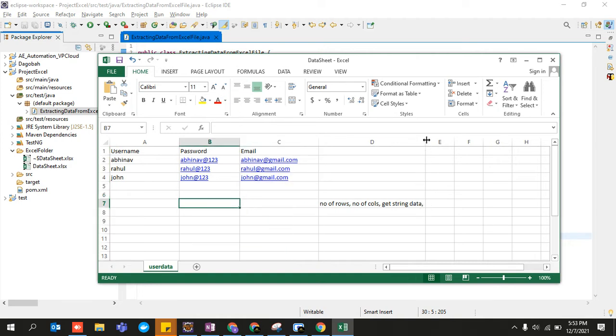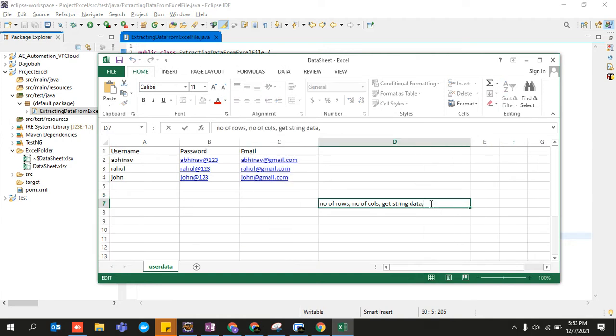I'm not going to take that lecture over here because it would make this lecture 1 or 2 hours long. Since this field contains all the data of type string, you need a method that would help you fetch string data.